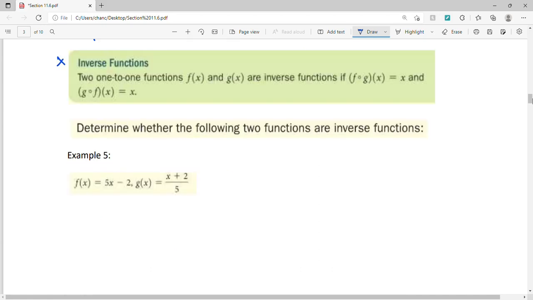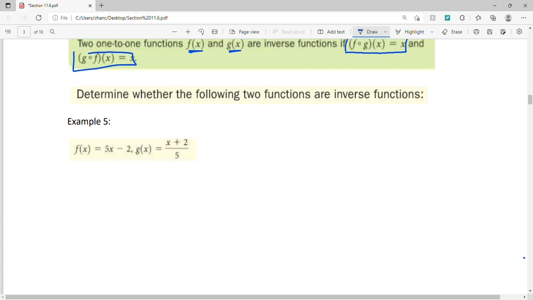We have a property of inverse functions. Two one-to-one functions, f of x and g of x, are inverse functions if f of g of x is equal to x and g of f of x is equal to x. So both of these cases must be true for these two functions to be inverses of each other. So let's determine whether the two functions are inverse functions. We'll start by